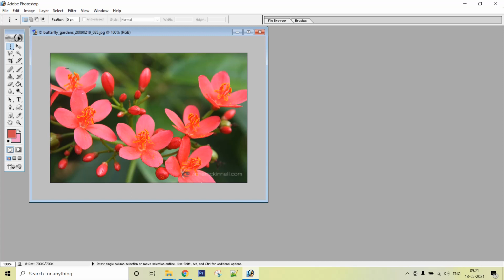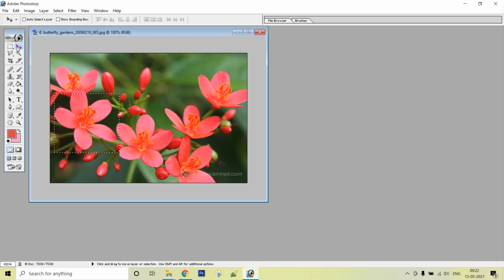To use the Move tool, first of all you must have a selection, a layer or a guide. So let us do it first with a selection. Suppose here I have the rectangular selection tool and I select this section of the image from here. Now I want to move this section to some other location.